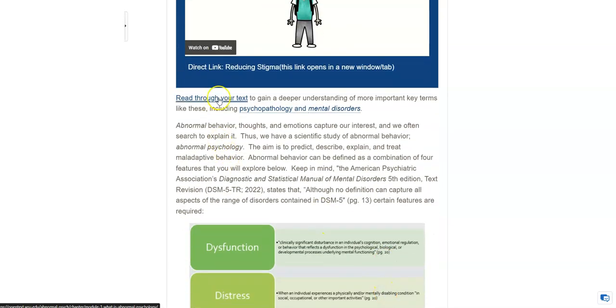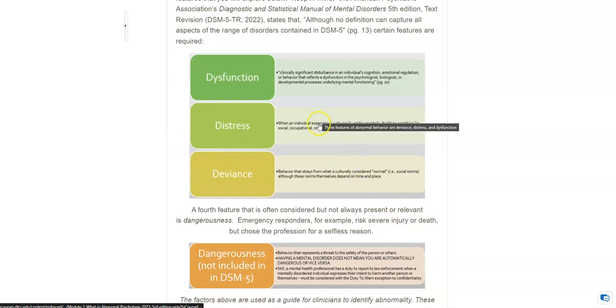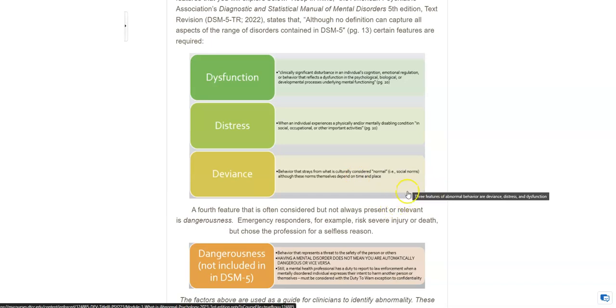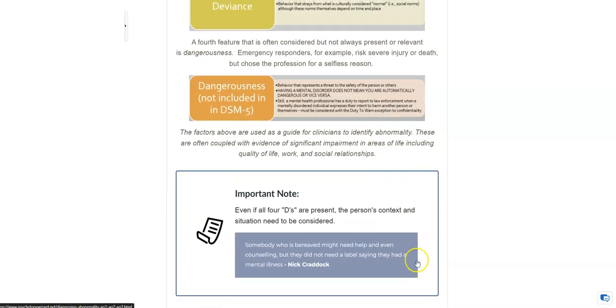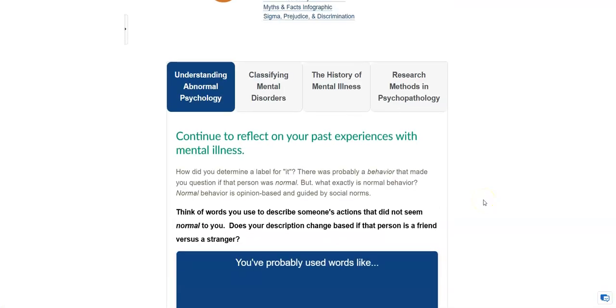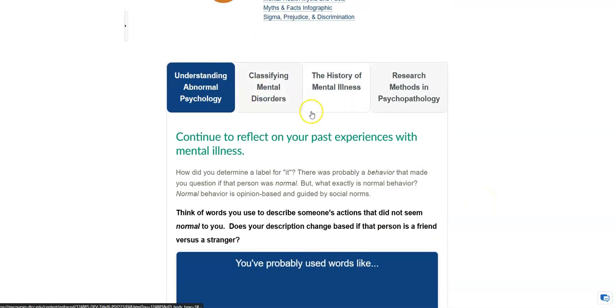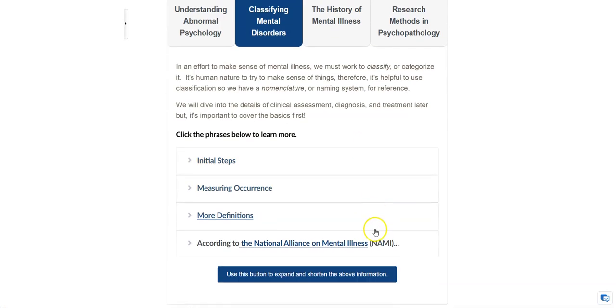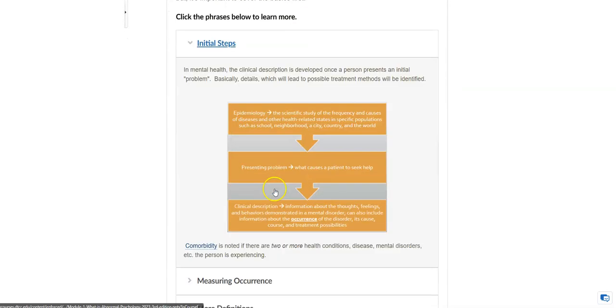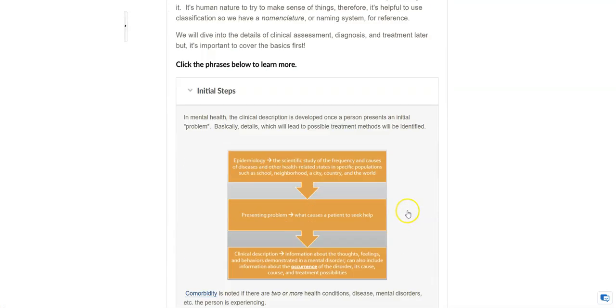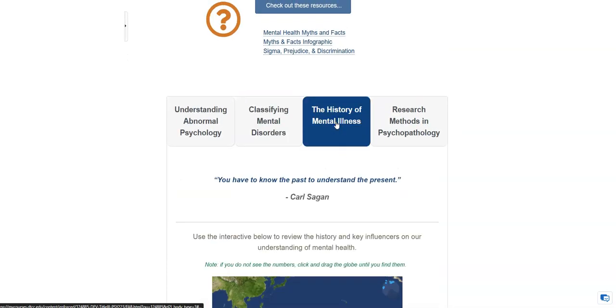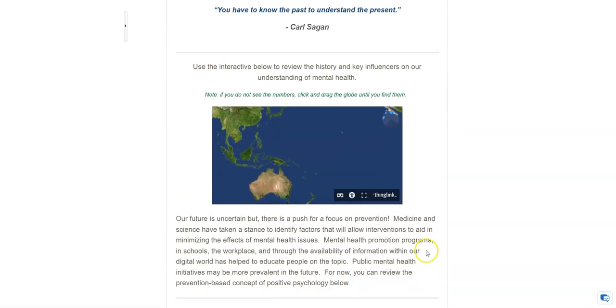As you can see, the links to the textbook are here as well for them. Portions of the PowerPoint slide that I just showed are included as images, and so are additional resources. So they'll work through understanding abnormal psychology. They'll click through the drop-down menus as they work through the material. The history of mental illness is the next tab. They'll use this Thinglink